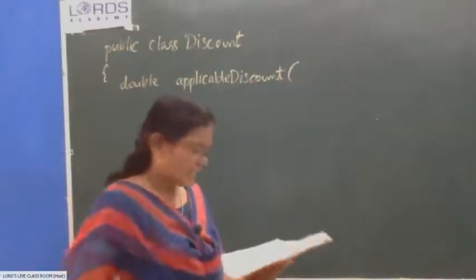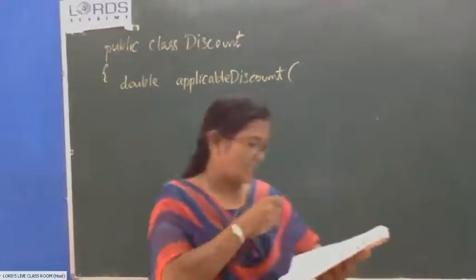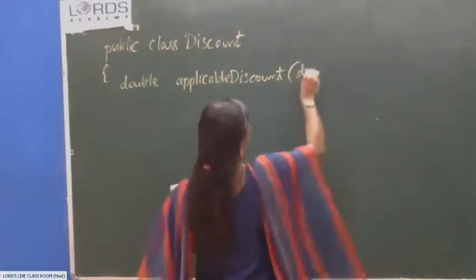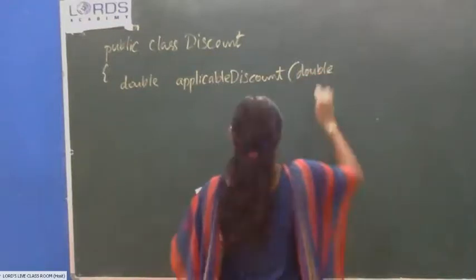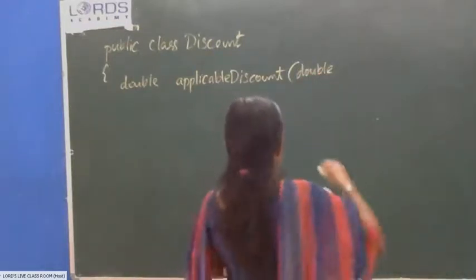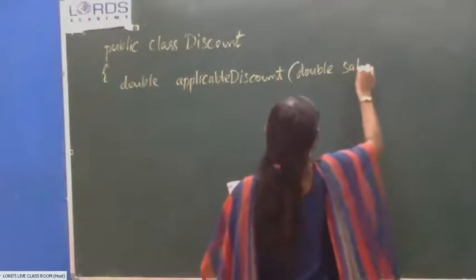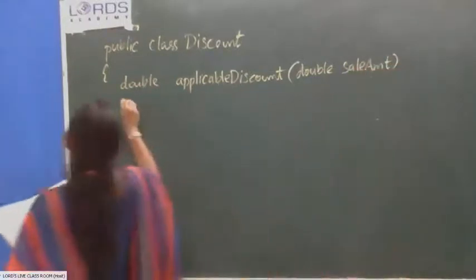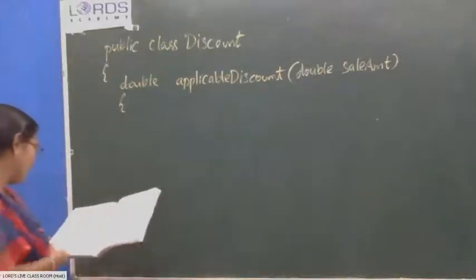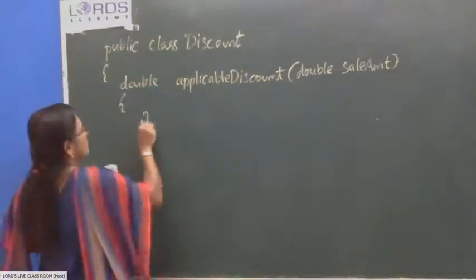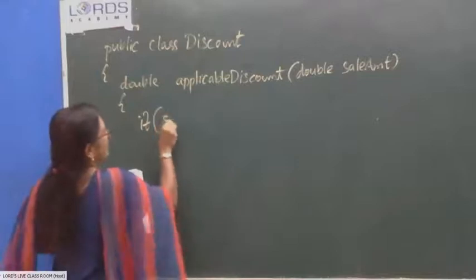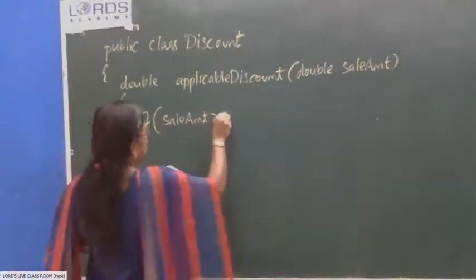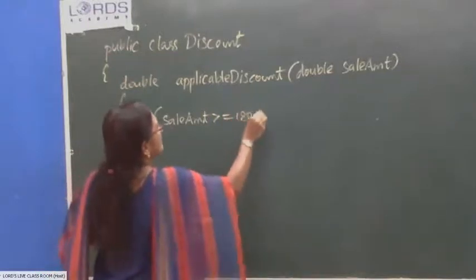So you will pass the sales amount, how much you purchased, to this method. double salesAmount. If salesAmount greater than or equal to 18,000,